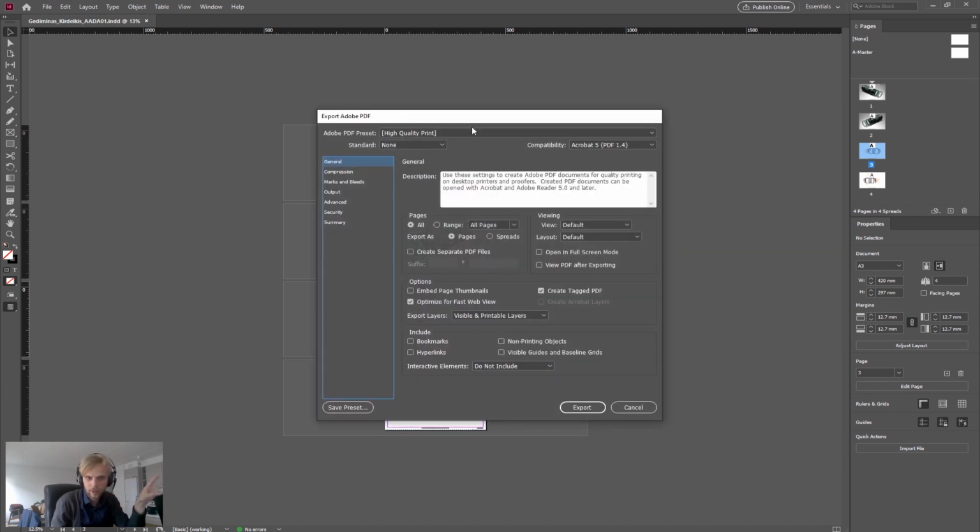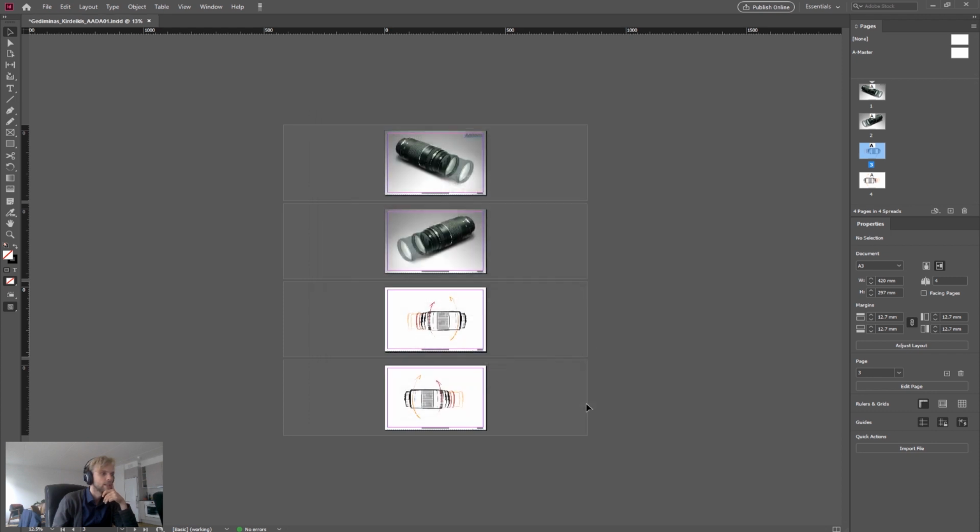This whole thing pops up, right? Basically, just choose Adobe PDF preset, high quality print. That is going to take care of all of your problems and issues. Don't mess around with stuff here unless something is not working. I click export,